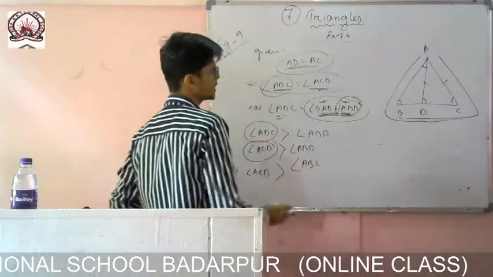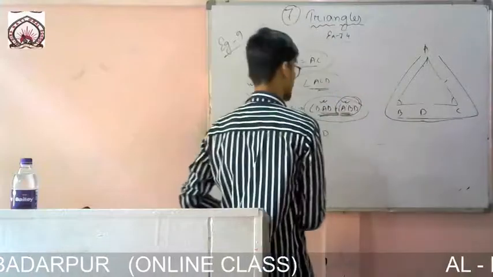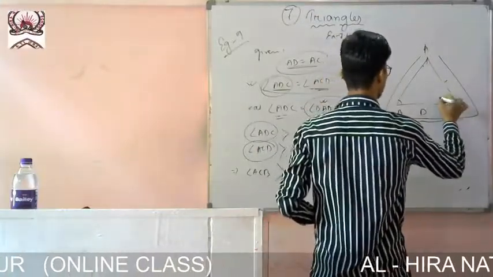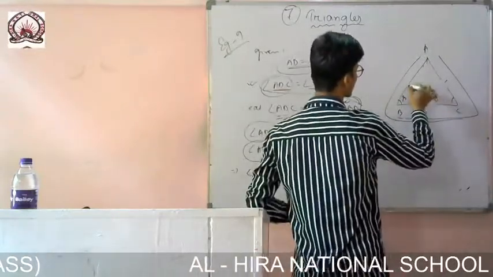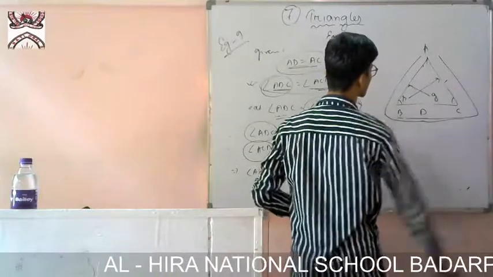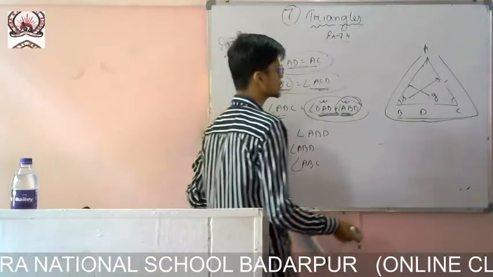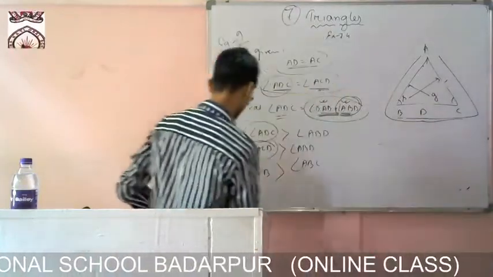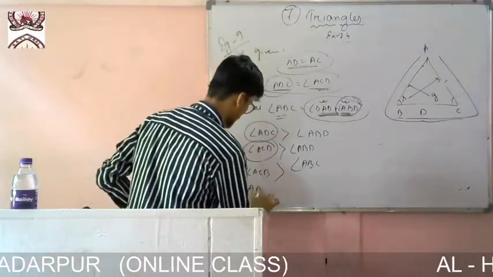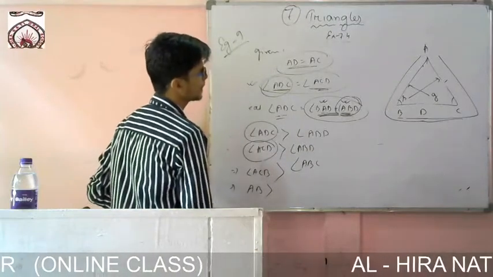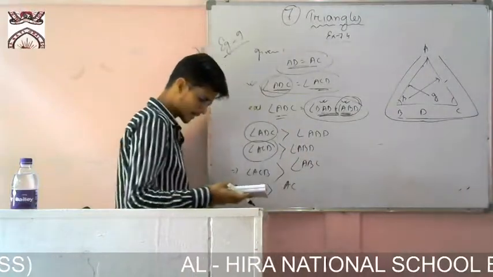So now you see it is about this whole triangle. You see ACB, this one is greater than that one, ABC. If this angle is greater, then this side will be greater. If this one is smaller, then this side will be smaller. So from this I can write, if ACB is greater, then the side opposite to ACB, which one? The side opposite to ACB, that is AB. AB is greater than AC. AB is greater than AC.